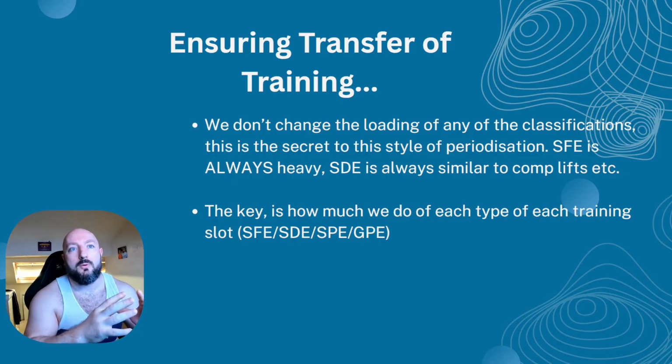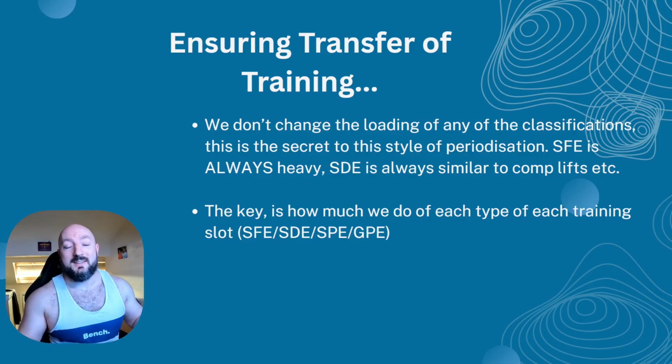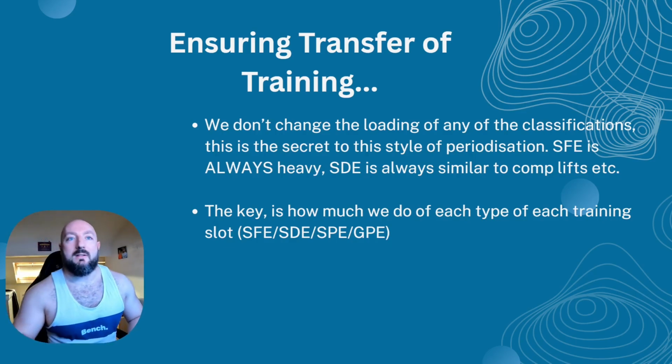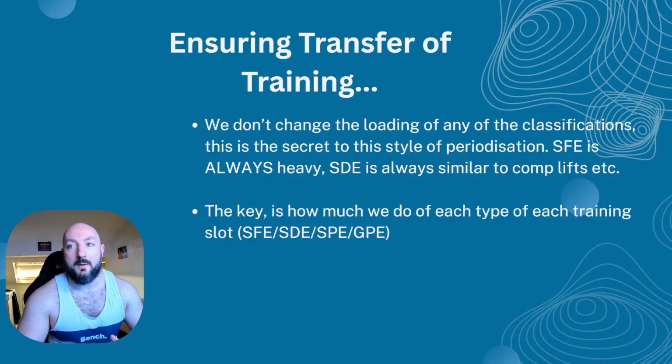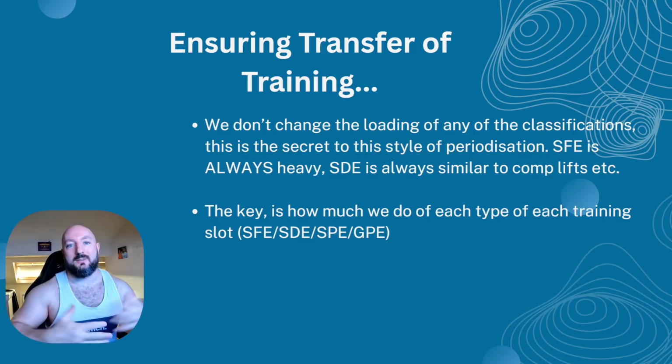A prep block would just do less of that work and more of the SP type stuff. A prep block would be about hypertrophy and preparation. The name says it all. We would do more of the SP movements and less of the SDE and much less of the sport form exercises, because it's very easy to maintain skills, providing they're being done. So doing sets of 8 with squat will not maintain maximal strength. Doing 1 rep lifting super heavy will retain max strength. So it's key that we jiggle the ratios around for where we're allocating work to make up the blocks.